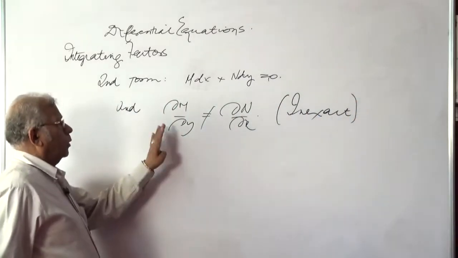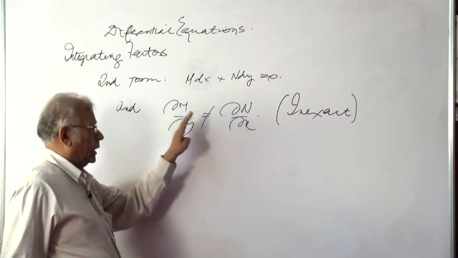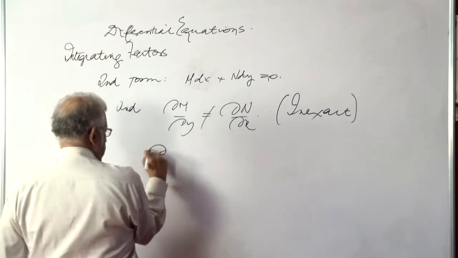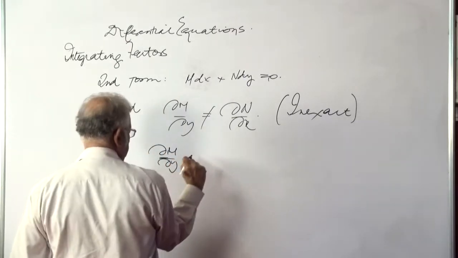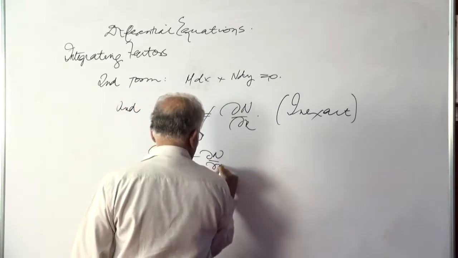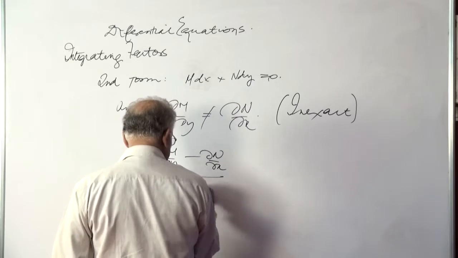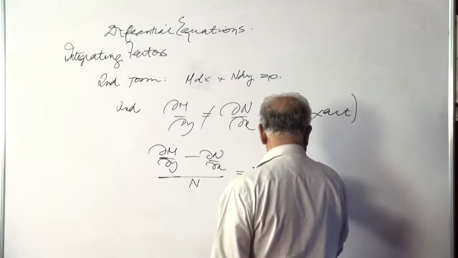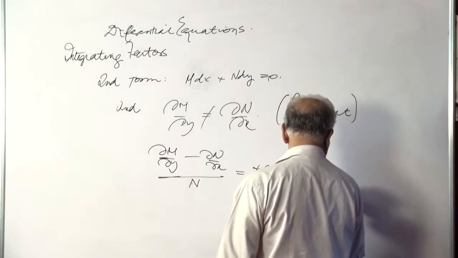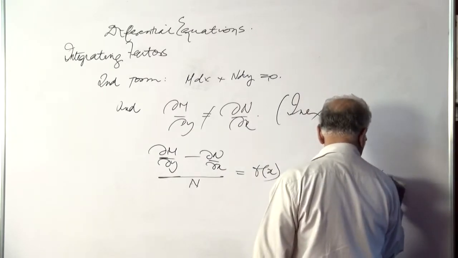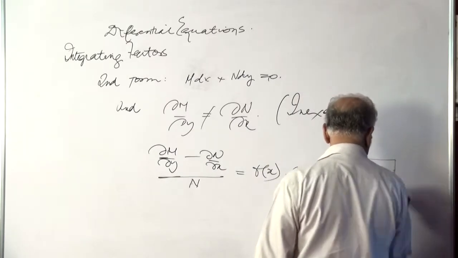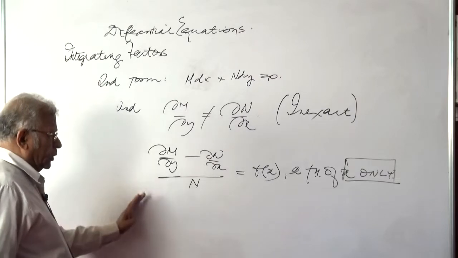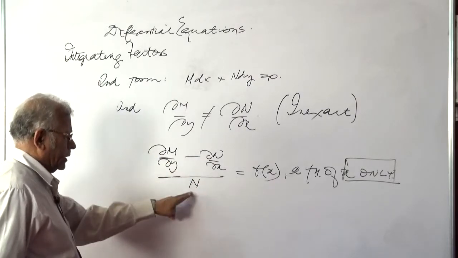So although del M del y is not equal to del N del x, it is often found that in some equations, del M del y minus del N del x divided by N is a function of x only. So if that is the observation, then the integrating factor for such a situation, where del M del y minus del N del x over N is f(x),